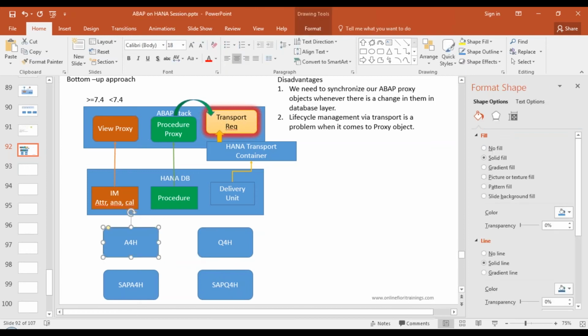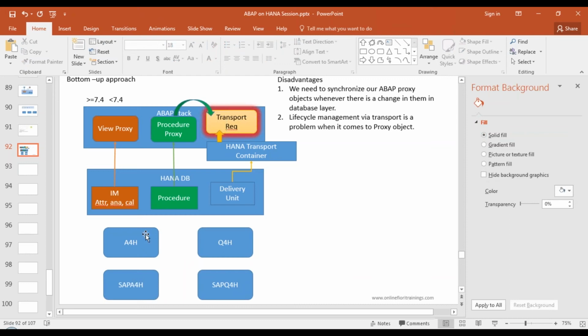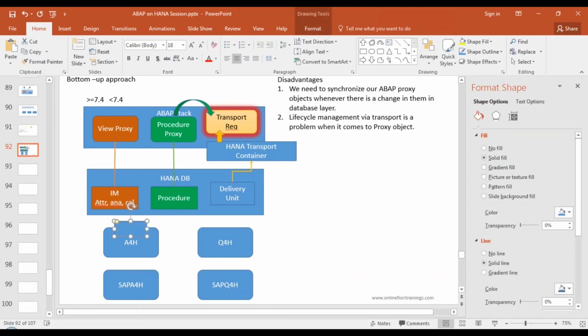When ABAP sends the object to the SAP quality system, it doesn't take care of the schema name. Okay, it doesn't care about the schema name. Instead, it relies on a schema mapping where you map the name of the schema to a common name. So you give an alias name to this A4H schema in the ABAP system. Let's call it ABAP. So ABAP equals A4H in development, and ABAP equals Q4H in quality. This schema mapping safeguards your artifacts, which would probably fail when your schema names are different, which is in fact the case between dev and quality.